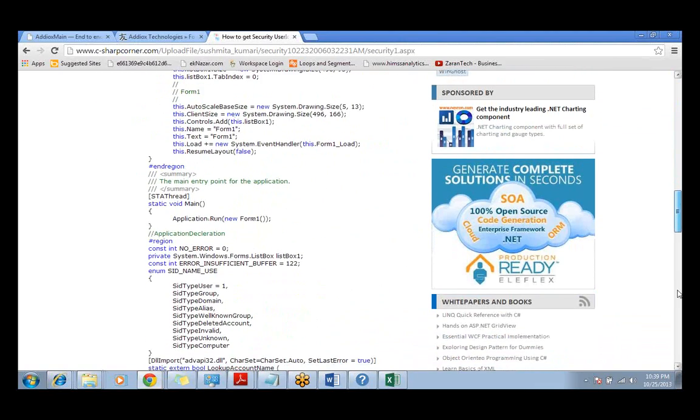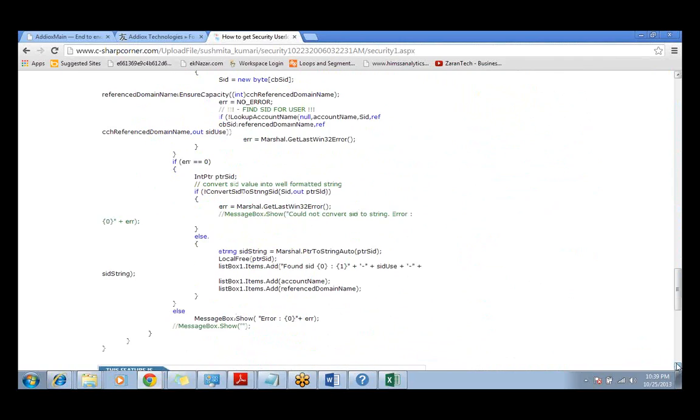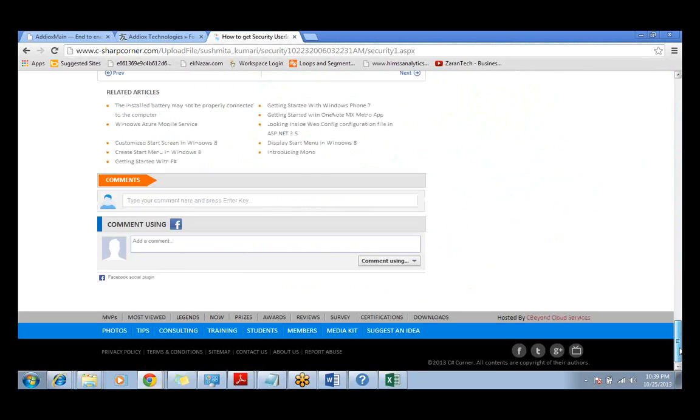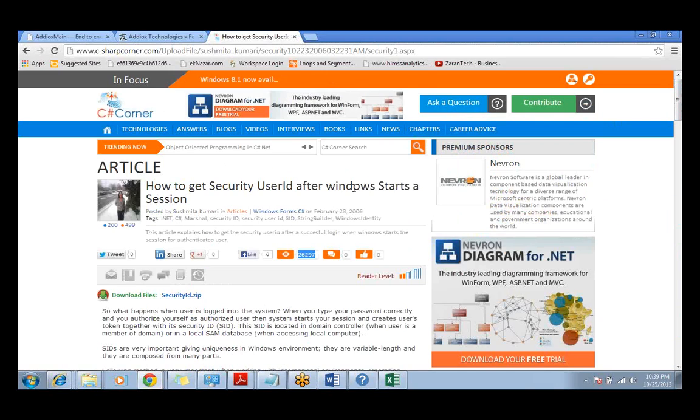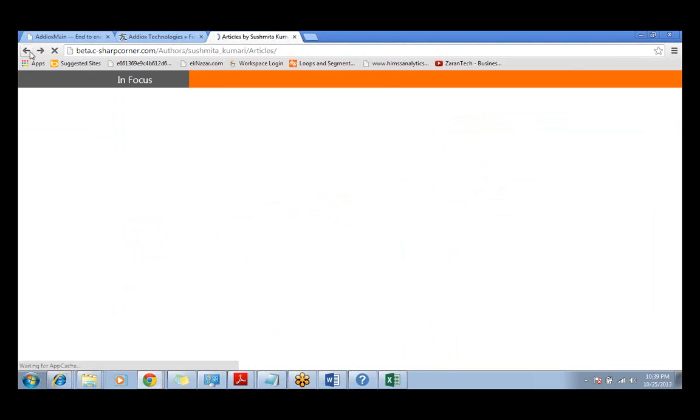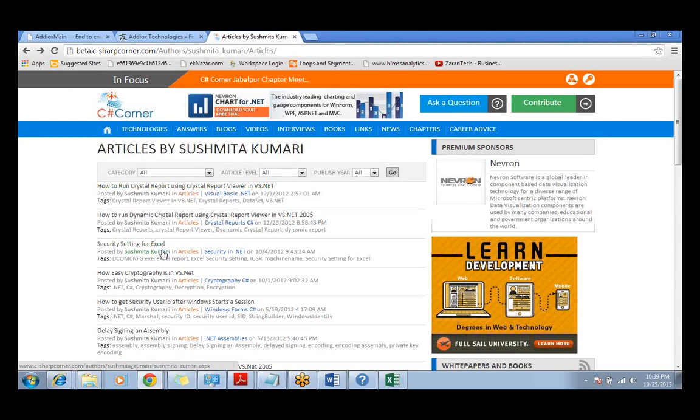This is all full-fledged code which was provided to them. And on top of that, people do come back and ask questions. Okay. So as you see here, the timeline, February 23rd, 2006. And today is 2013, we are in. So it is going to add up the values, okay? So you never know when you can become one of the authors like this and people are following you,